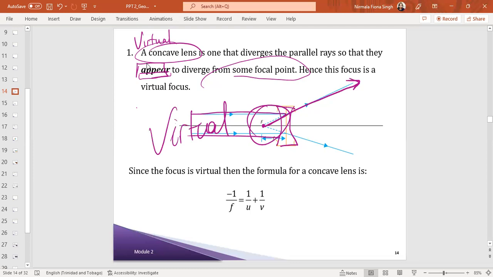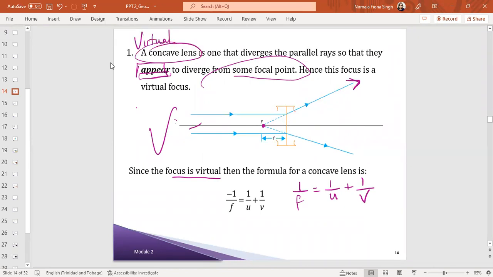So the maths changes for our lens maker equation. Remember, our lens maker equation is usually 1 over F is equal to 1 over U plus 1 over V. So there are two ways to write this equation. The first way is this one. Since the focus is virtual, the formula for the concave lens is minus 1 over F is equal to 1 over U plus 1 over V, where if you recall from Form 5 or the last that I saw you all,